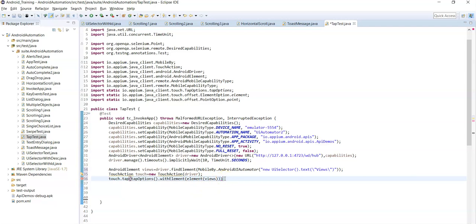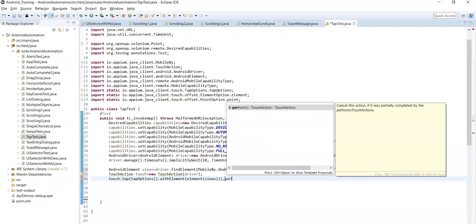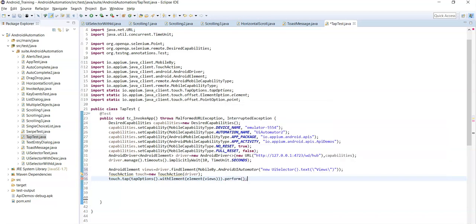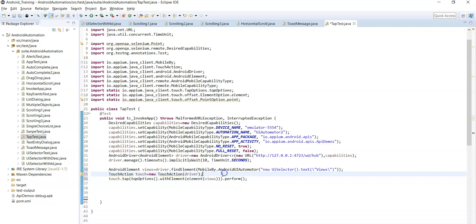Finally, in touch actions, you must call the perform method at the end to perform any touch action. So this is the statement to perform tap action on that element.